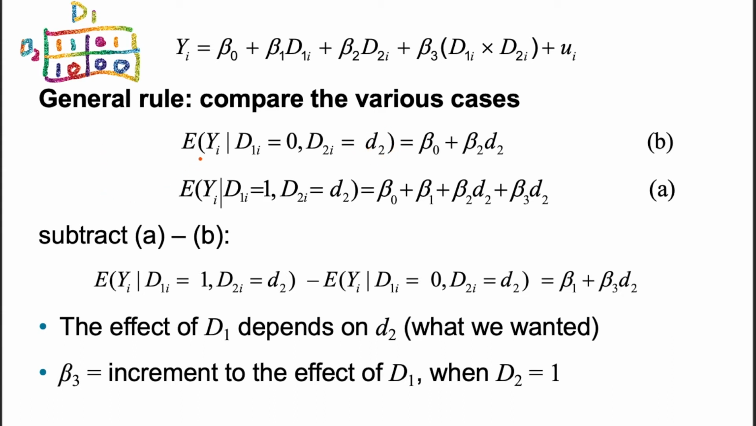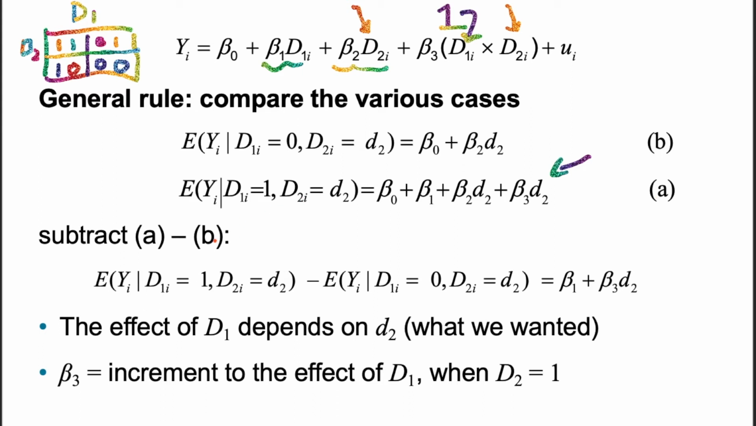So then the expected value of y, given that the dummy variable 1 is equal to 0 and the dummy variable 2 is equal to d2, is equal to the intercept beta naught plus beta 2 times d2. That's this term here. The expected value of y, given that d1 is equal to 1 and d2 is equal to its value d2, is equal to beta naught plus beta 1, right, because d1 is equal to 1, plus beta 2 times d2 plus beta 3 times d2. As d2 now comes in here, and d2 comes in here, and d1 is equal to 1 here. So beta 3 comes into